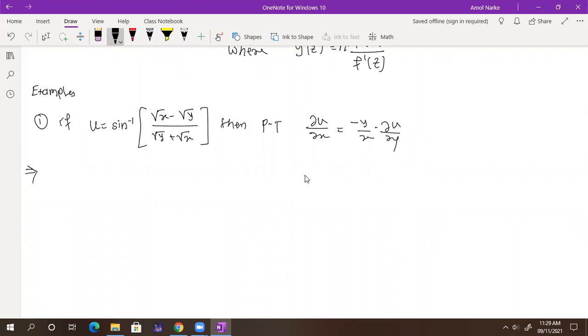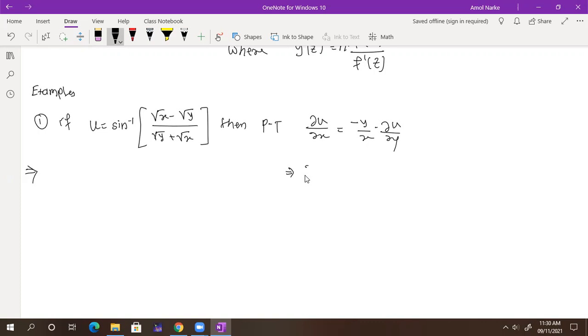Now don't use the chain rule here. You can say, sir, u is a function of x and y, so can we find the partial derivative of u with respect to x and with respect to y, and then do the product? That is also a way, but it will take a long time. So can we apply Euler's theorem here? Can you write down in a proper way what we have to prove?